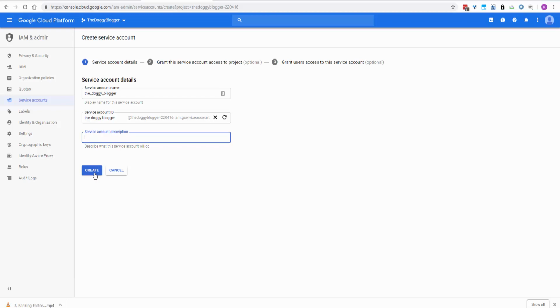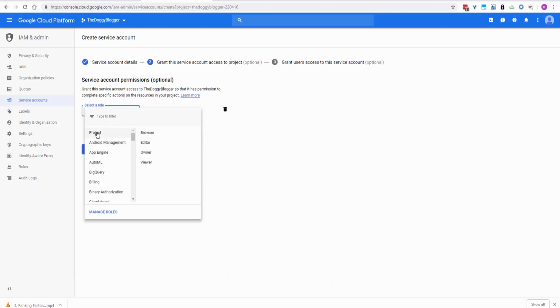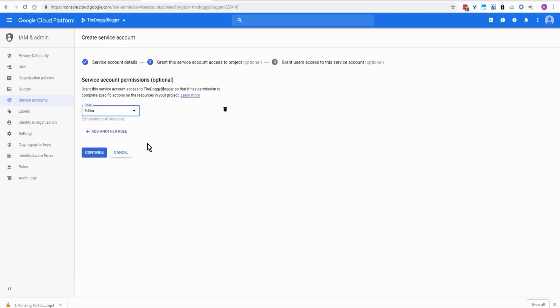And click on create, and then you'll select a role, project, and editor, and click on continue,